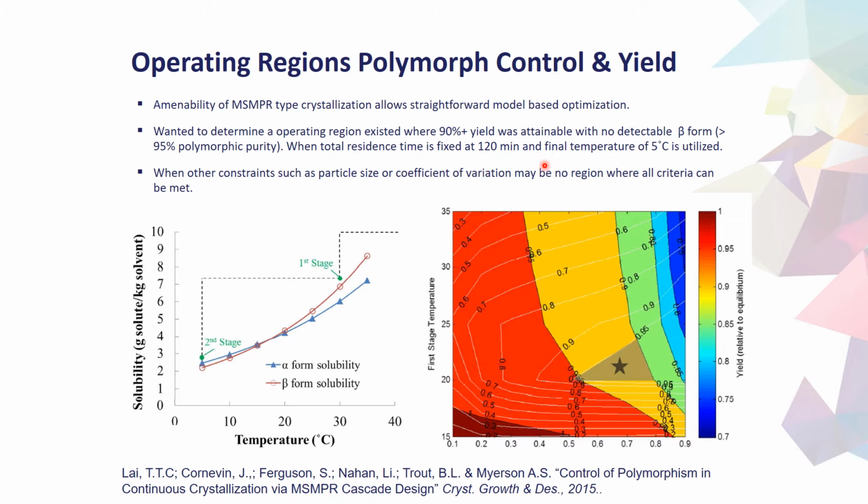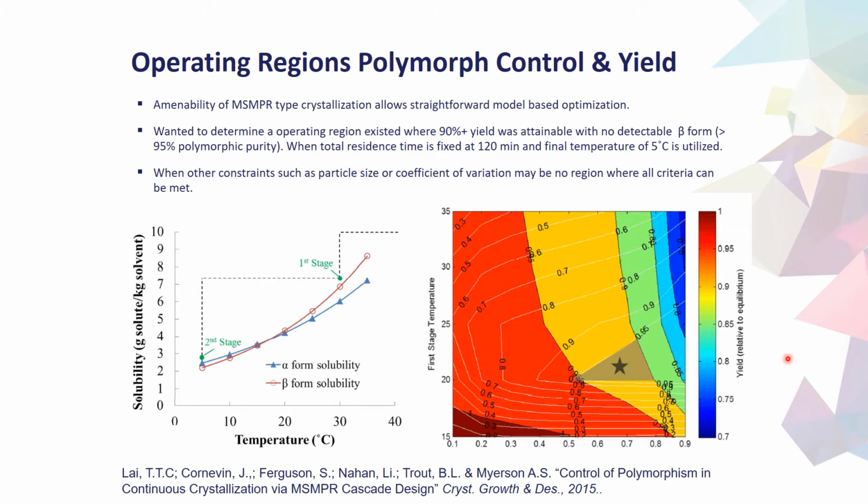And this was done numerically. So this was again done by population balance modeling. And the results of the study showed that there were regions of attainable polymorphism and yield. And there was a segment of the overall landscape in terms of the crystallization dynamics and possible outcomes that did allow above 90% yield and no detectable beta form to be isolated out of the product from the second crystallizer. Again, emphasizing the importance of kinetic modeling